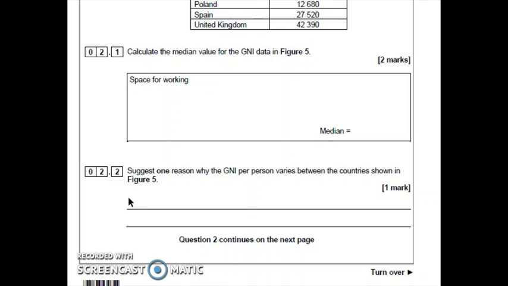So, for instance, countries can be poor for physical reasons. For example, their climate is too hot or too dry or too wet. There could be historical reasons such as colonialism. There could be political issues. Maybe they don't have trading partnerships. So I'm being inclined, obviously, to use the figure, suggest one of those countries, give the figure for their GNI, and then the reason why they are poor.